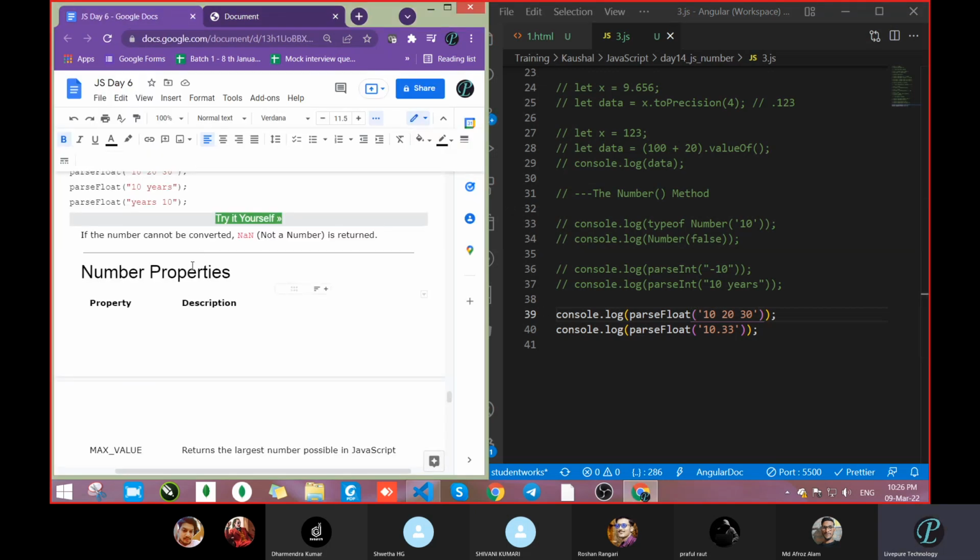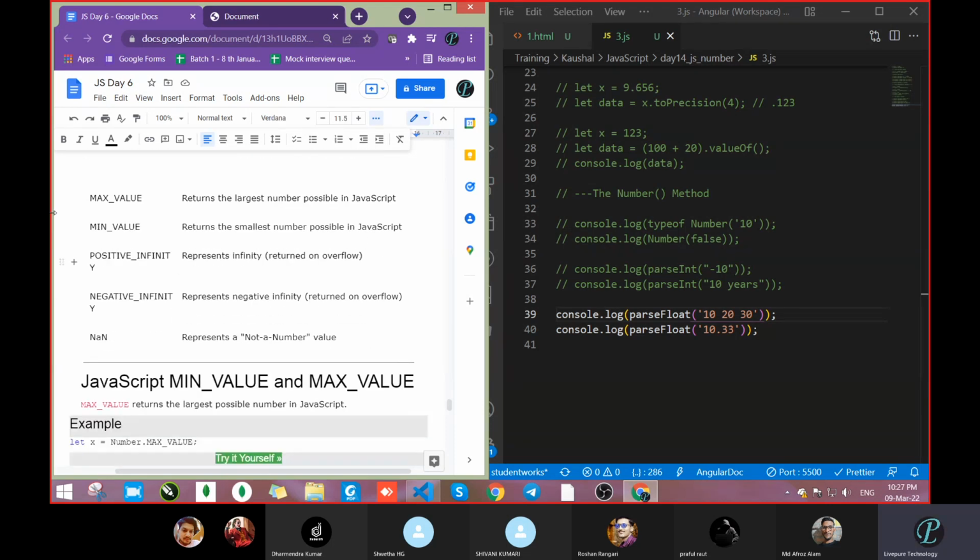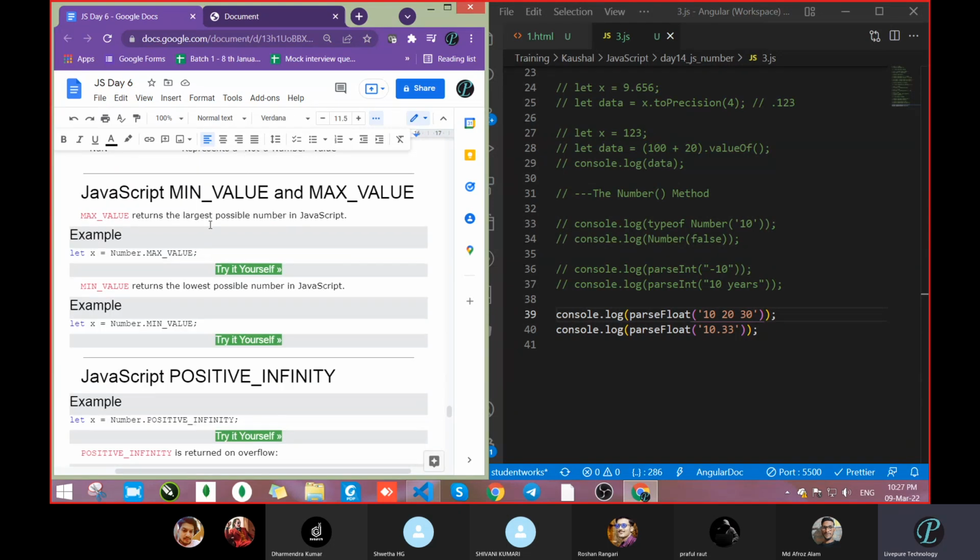Fine. So next, if the number cannot be converted into any form, we get NaN. Okay. So next is max value, min value. It will return the maximum value and minimum value. So if we take let x equal to,